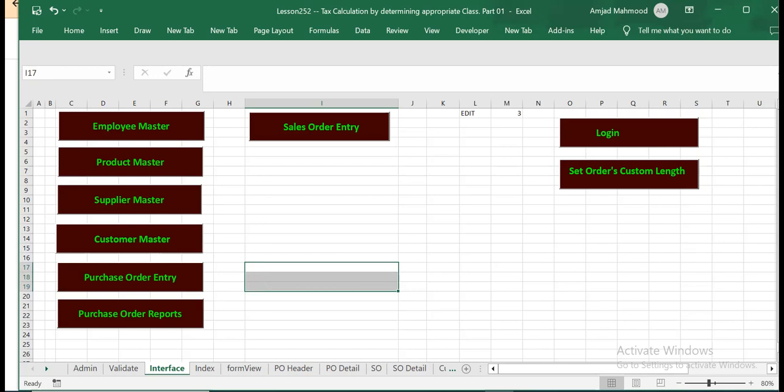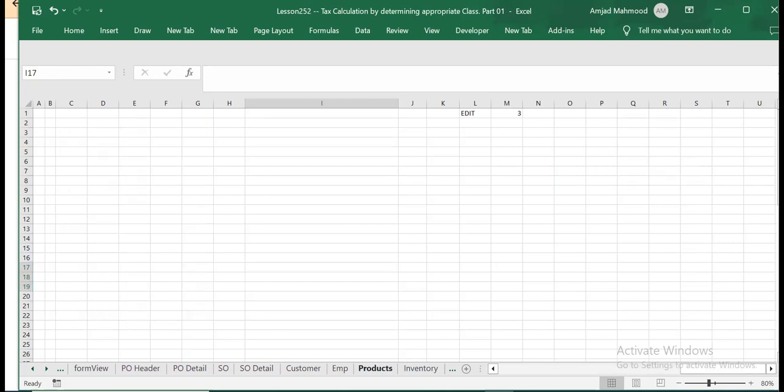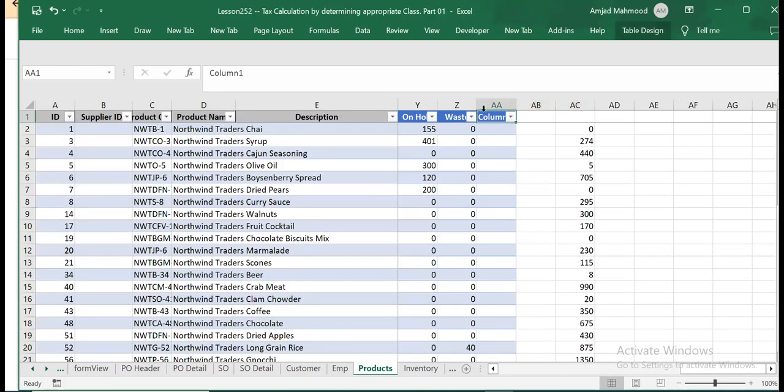So let's talk about product taxation. For example, product-wise taxation. So let's go to the product. Being a developer, what should I do? I should add a column in here. Without inserting a column, we have left already a room, right? So this is the blank column. It's a tax code. There should be a tax code, for example, A